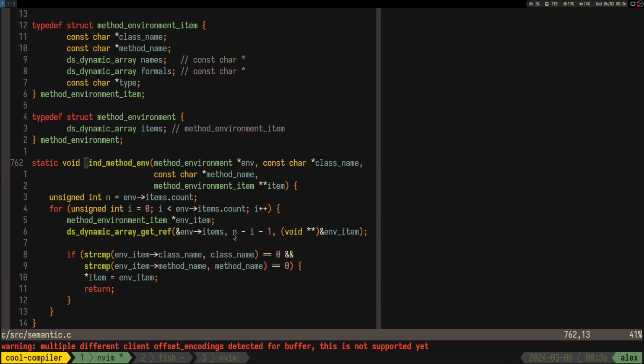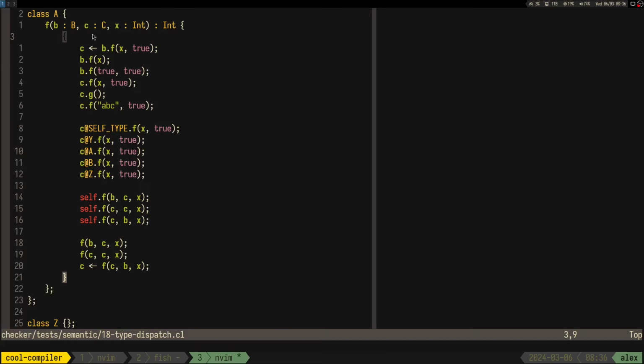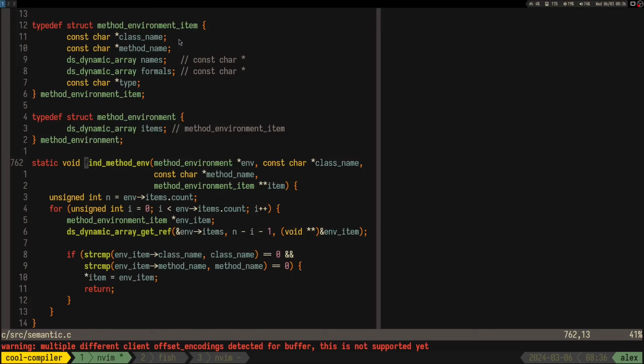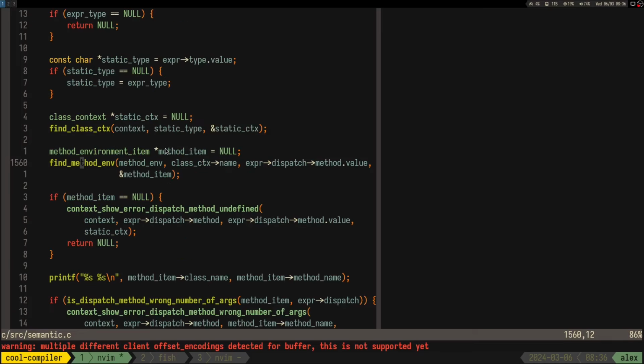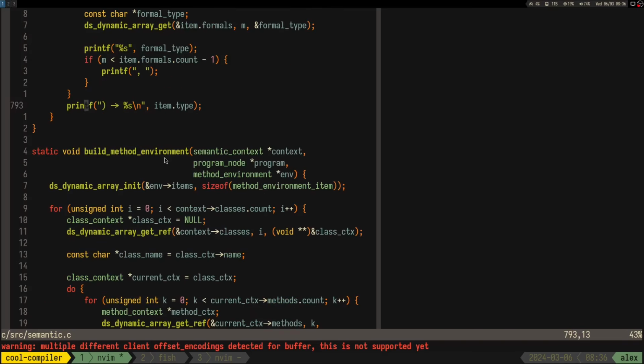Like this shouldn't care about it. So we do F. I know why it happens. It's because in the method environment